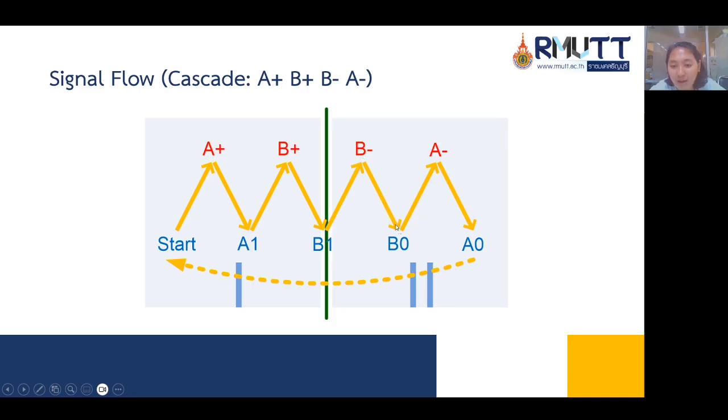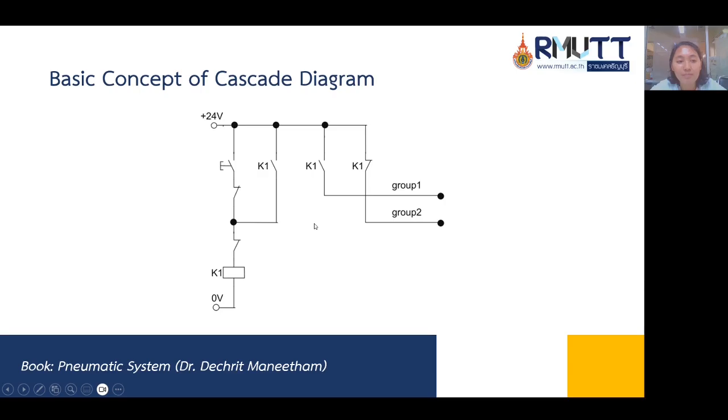After cylinder B reaches limit switch B0, cylinder A goes backward, and it means cylinder A reaches limit switch A0. And then it starts again from the push button start being pressed. This is the basic concept of the cascade diagram.